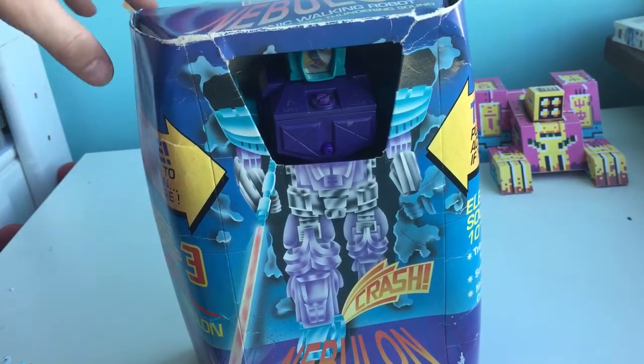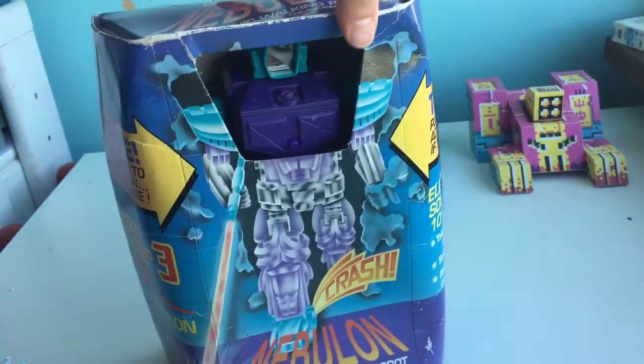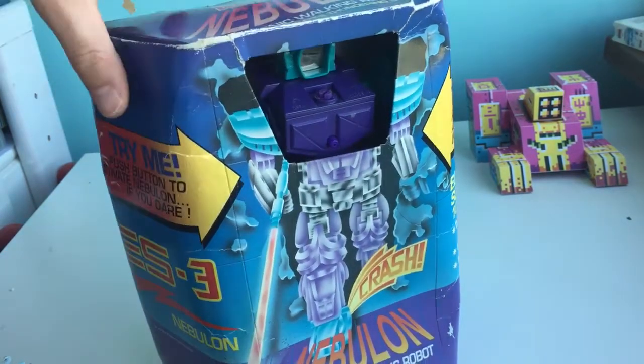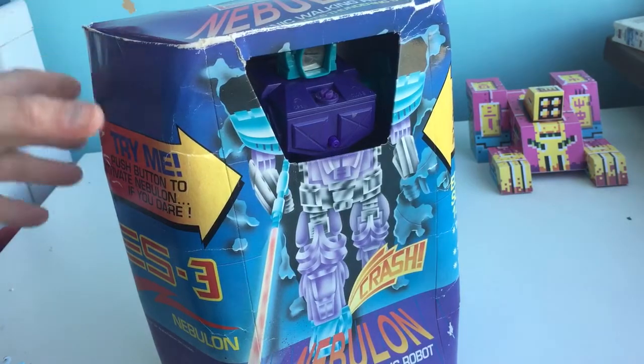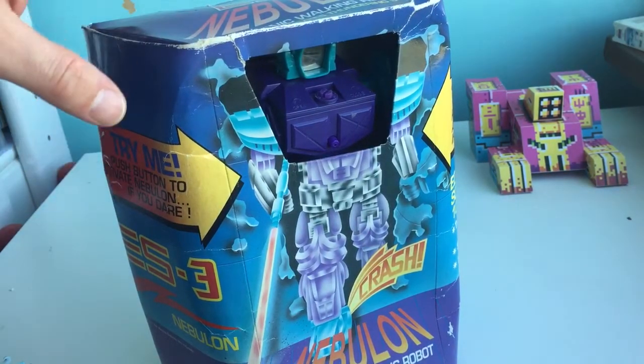So that's very cool. I tried to open it yesterday, but the paper is warped. The carton is warped. It's gonna be hard. And actually, maybe that's just for the best. It looks really cool out of the box. I've looked into the